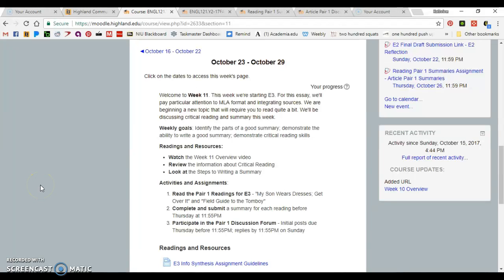This week we're starting essay 3, which is your last essay before your final project. This essay is an infosynthesis essay, which is kind of like a combination between the first essay, which was persuasion, and the second essay, which is analysis. So infosynthesis is a type of argument, that kind of academic argument, not like let's fight it out argument. And we're going to be using a particular set of readings. So I'm going to be assigning the readings. There are 3 pairs, and you get to choose from those 3 pairs what you want to write about.